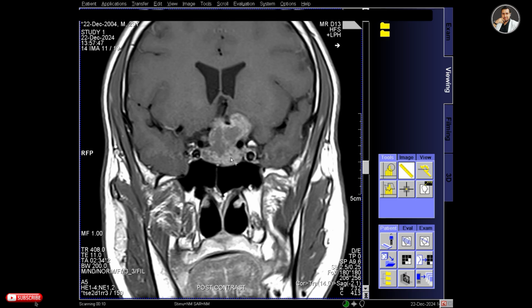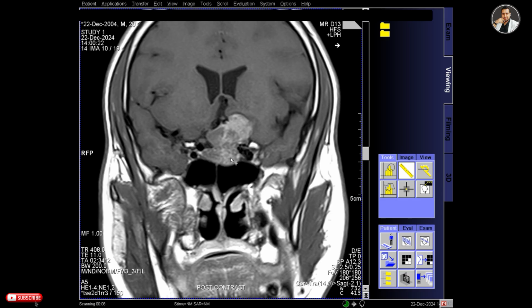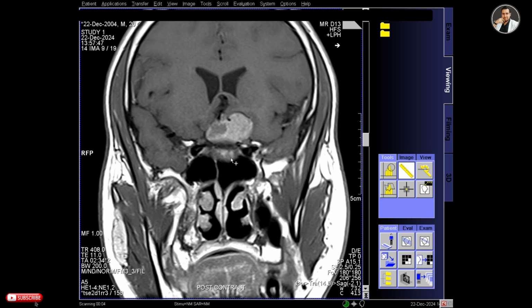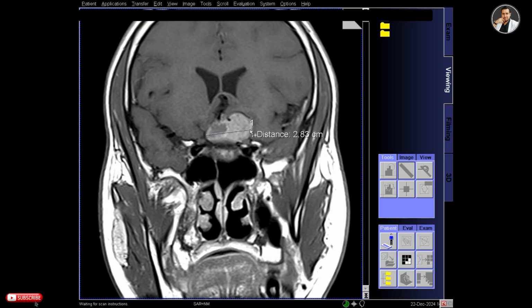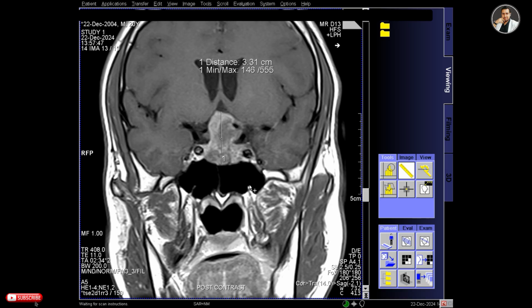And it's showing 3.31 centimeter in height, and I'm searching the wider part of the tumor. I think this is the wider part, and this is 3.06 centimeter width at the top.